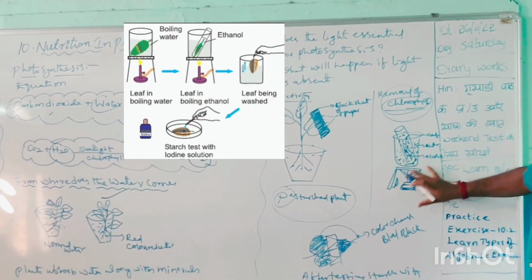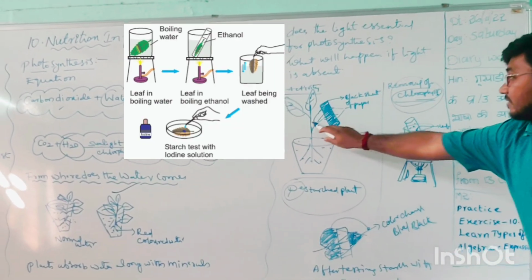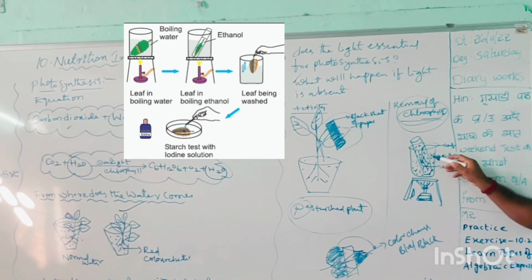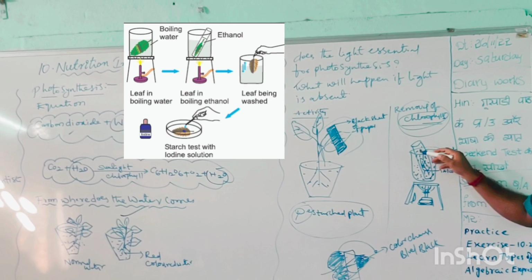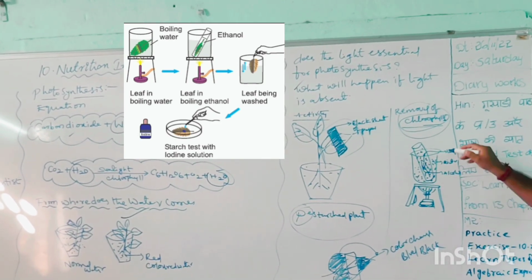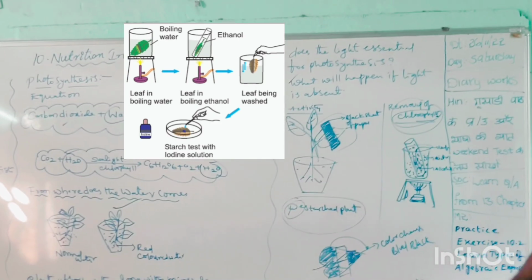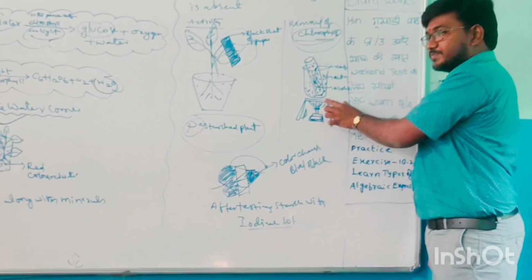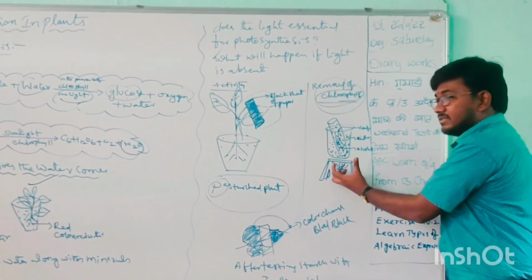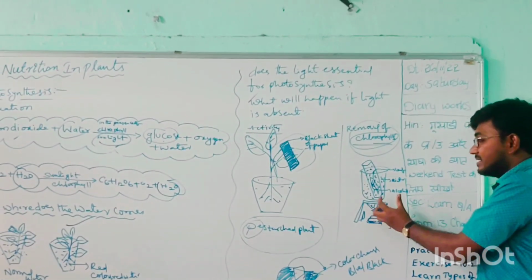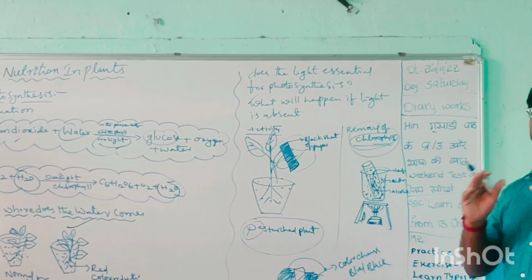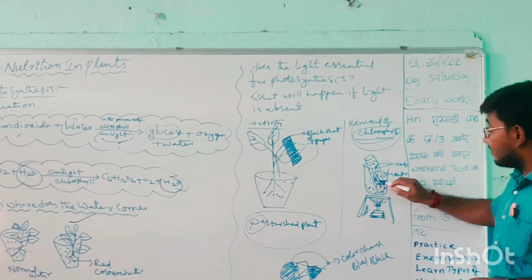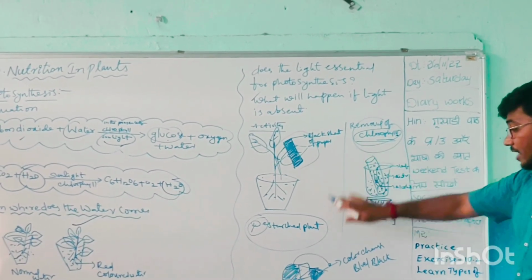Okay, so what we need for this experiment, I will tell you. This leaf, we have to cut down and take into the test tube. That test tube we fill with alcohol, and one beaker containing water. Now put this test tube in the beaker. When you heat this with the help of a burner, what happens? Eventually the chlorophyll disappears. Then take out this leaf from the test tube and test with starch.